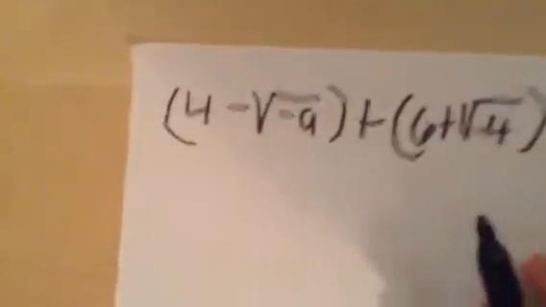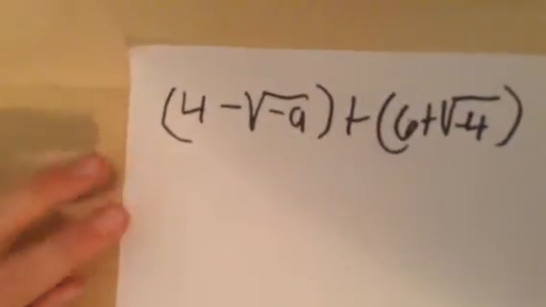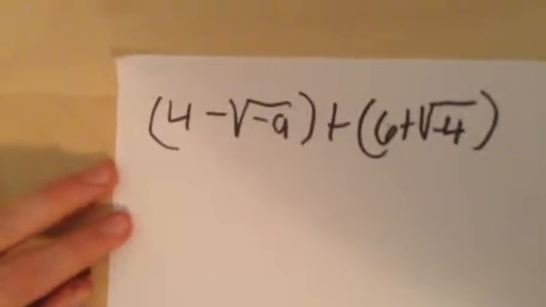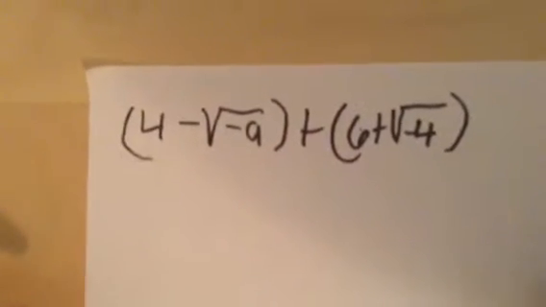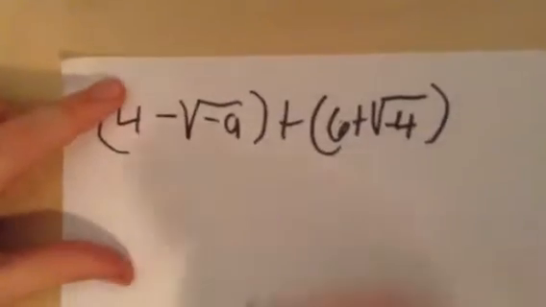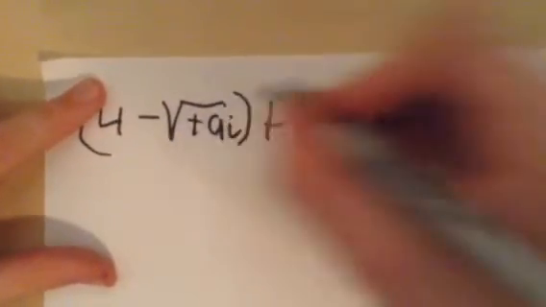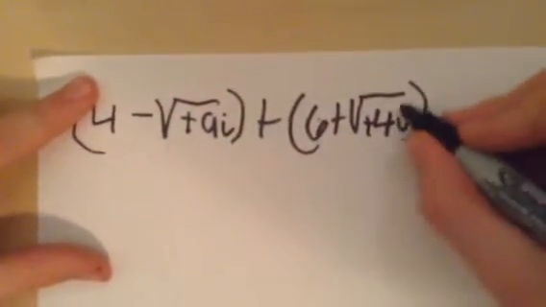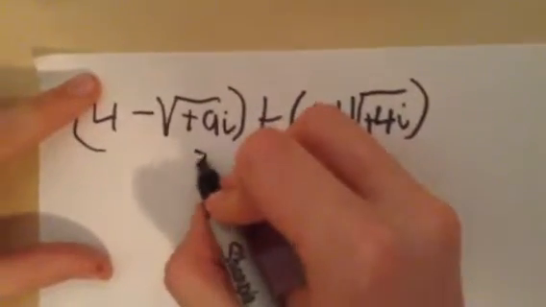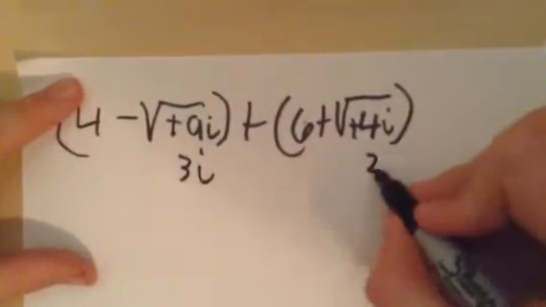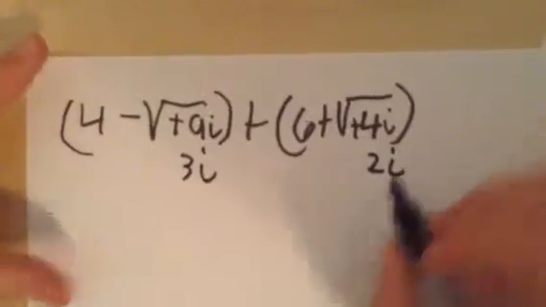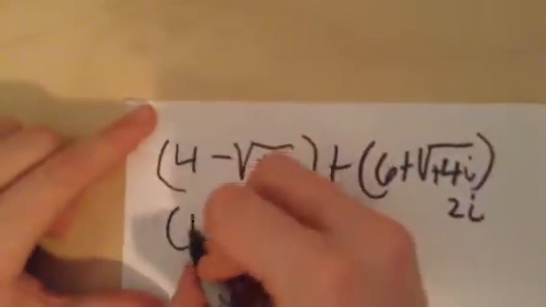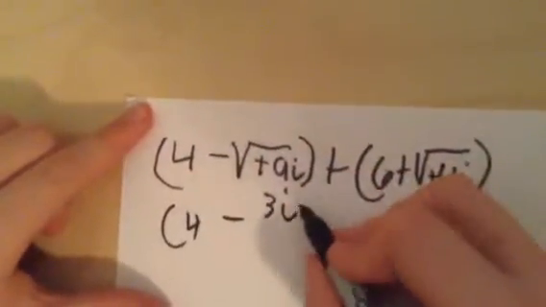Now, for my next equation, I have 4 minus the square root of -9, plus 6 plus the square root of -4. So what you have to do is you make this positive and then add i, and then you make that positive, then you add i, and then you have 3i and 2i. And then, bring down this, and you have 4 minus 3i,